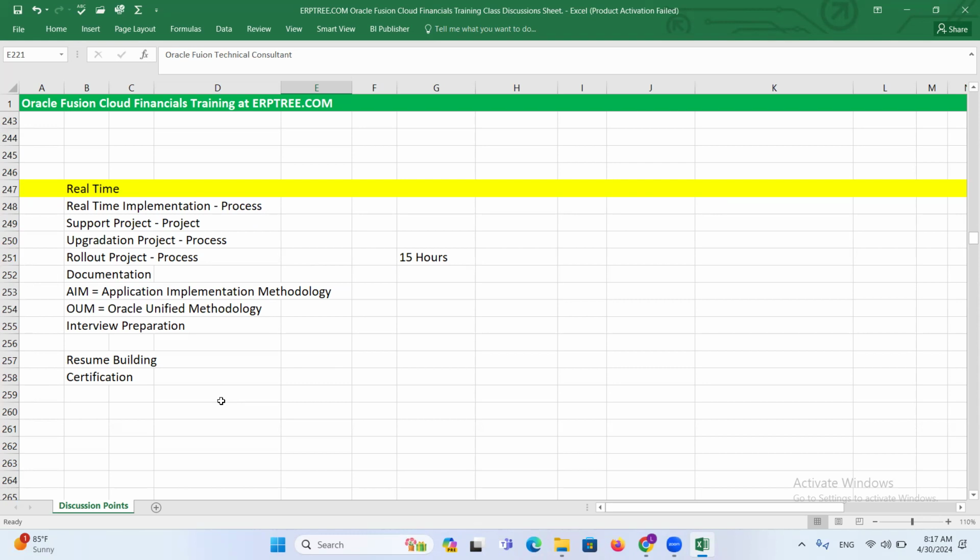real time. You will understand the real-time implementation end-to-end process and the support projects, how those can be executed, what would be our role, and what are the ticketing tools we use, how that routing takes place, what is the life cycle of ticket, getting ticket and closing the ticket, and what does it mean by upgrade project, what would be our role within the upgrade projects, what does it mean by rollout projects, what process need to be followed, what we have to do as a functional consultant, what would be the role of technical and other